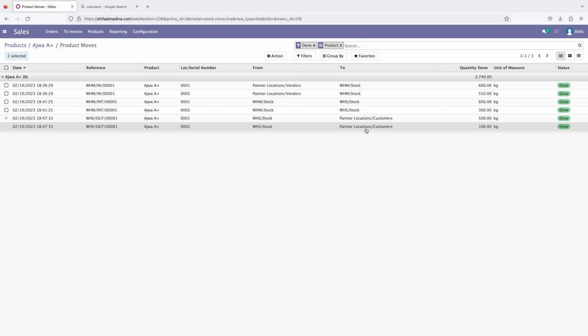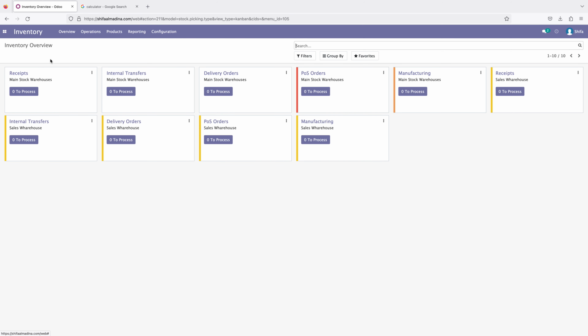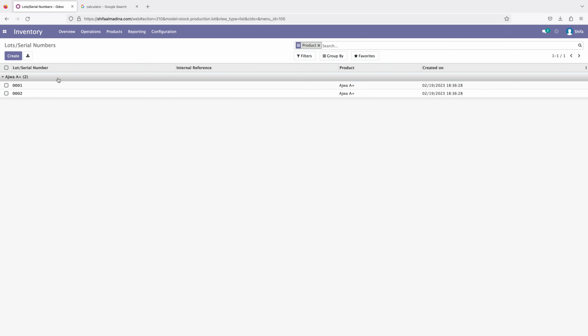You see, per customer, we sell this one. So this is one tracking. We can also track it by inventory. If we go to inventory, we can also track this by lots number. If I click this one, we have 2 lots. So what is happening in lots 1, if I click